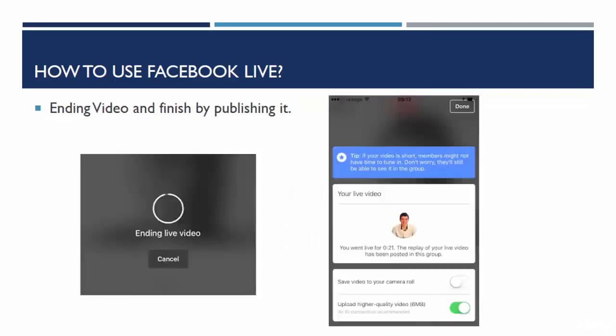After you add your filters, you go again to the Facebook Live, and if you want to end the Facebook Live, you press Finish. After you press Finish, this will happen. Practically what you see in the left image, ending live video, will appear to you. It will be like a loading circle or something like that. And after that ends, the next screen will appear to you that you can see in the right side of the slide, where practically your live video was uploaded in the Facebook group page or wherever you hosted the Facebook